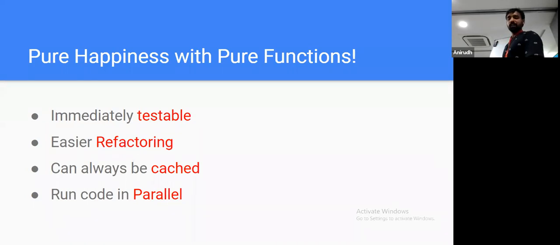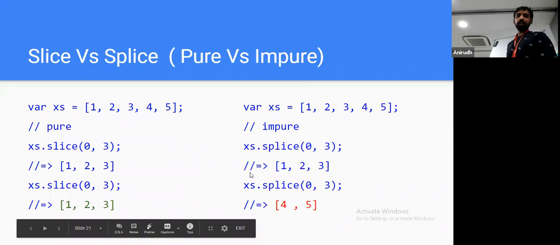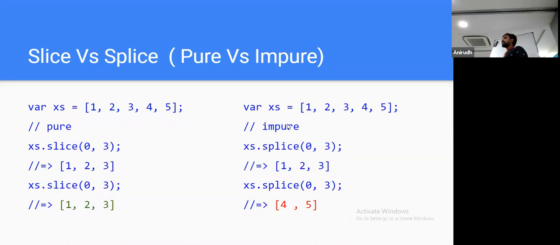This is basically a concept of functional programming, and it is heavily used in React. That's why it's very important that you know these concepts. One important thing to be aware of is that certain functions in JavaScript are pure and certain functions are not pure. In the leftmost code, we have the access variable, and its array value is 1, 2, 3, 4, 5.